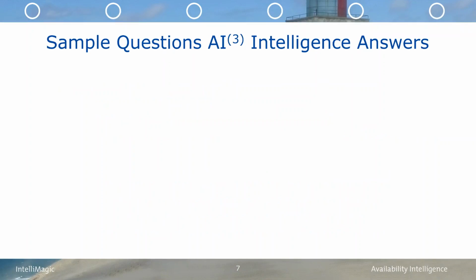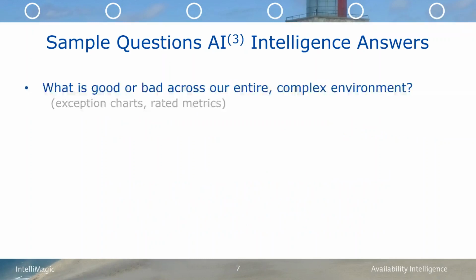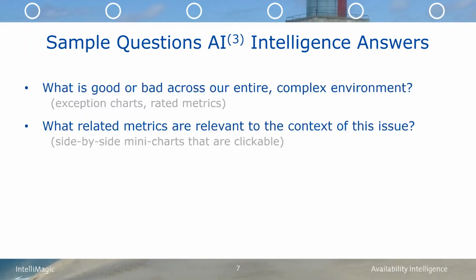So to make this really different in terms of the results and the impact on your organization, any modernization of how you approach this should answer some key questions, like what's good and bad across the entire complex infrastructure? We do this with something called exception charts that you'll see in dashboards, and rated metrics, rating the metrics based on the type of workload and the hardware it's running on, the specific configurations. Is it good or is it bad? Applying best practices to rate the metrics and serve up what's good and bad, as opposed to looking through tons of reports that nobody has time to do, to try to spot if something is going wrong. That's why we tend to only look at these things after a problem has already broken out.